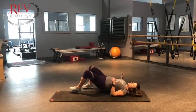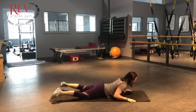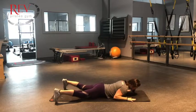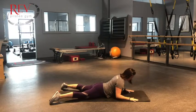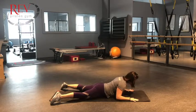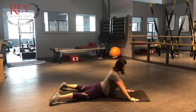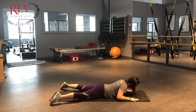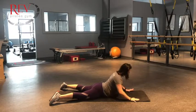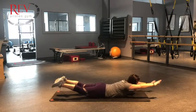And last, let's get a little bit of extension. Send the legs to the wide corners of the mat in a lateral rotation. Press into the forearms, lift the chest. Slide shoulders off the ears as you rise. Think about mid-back to neck is where we're getting the majority of the extension. If available to you, press into the palms, get a larger line of extension, and then go for a quick